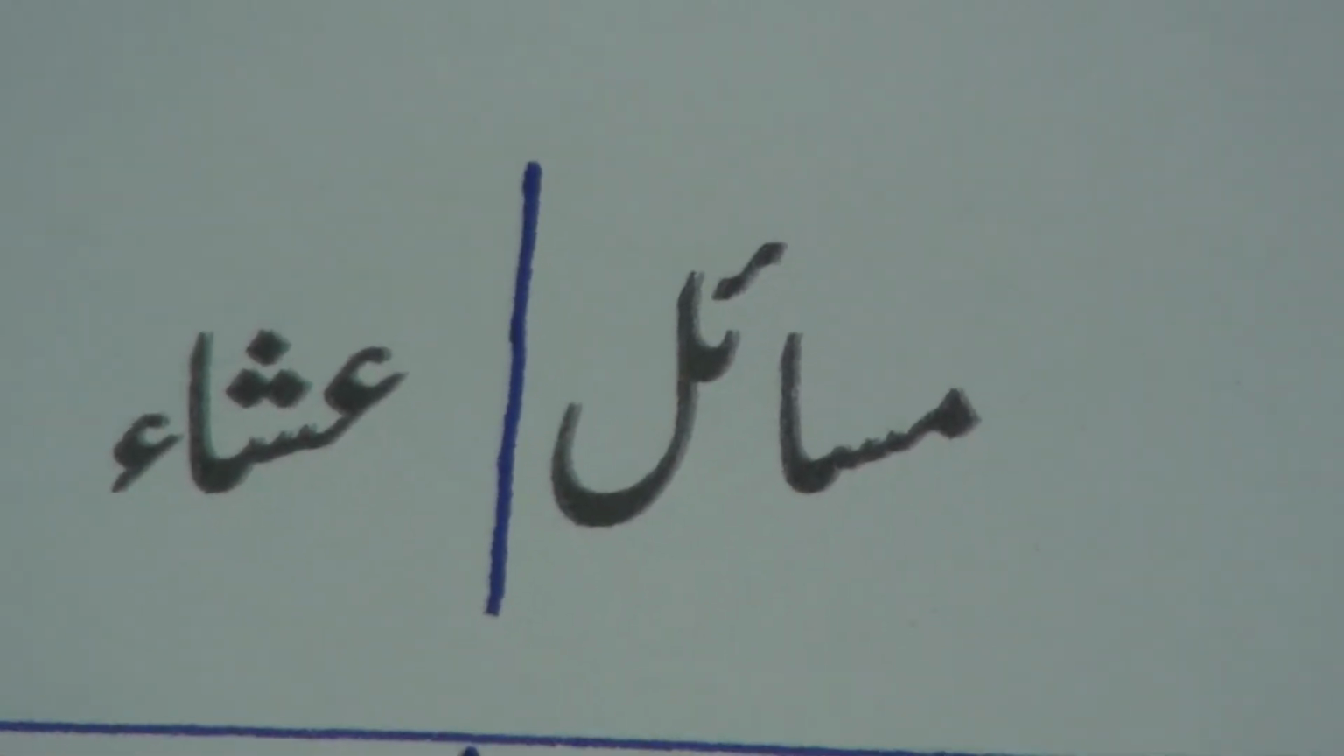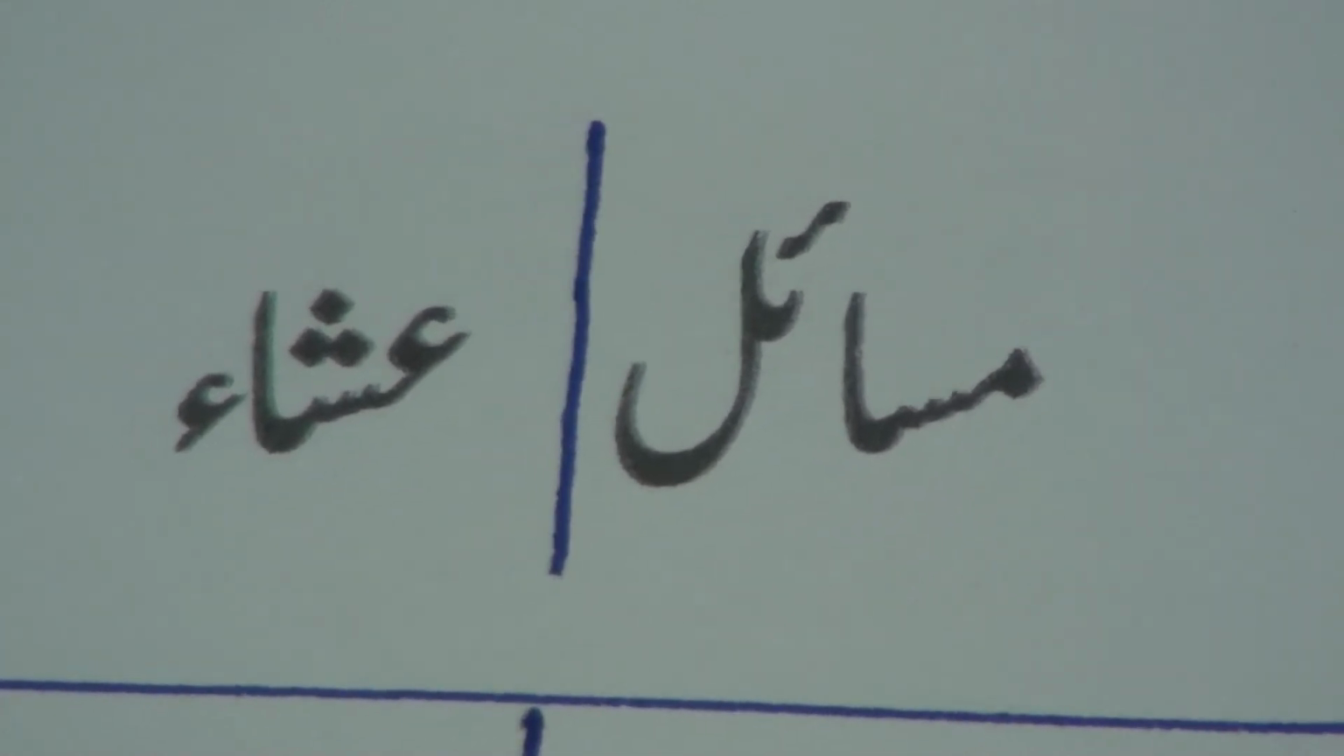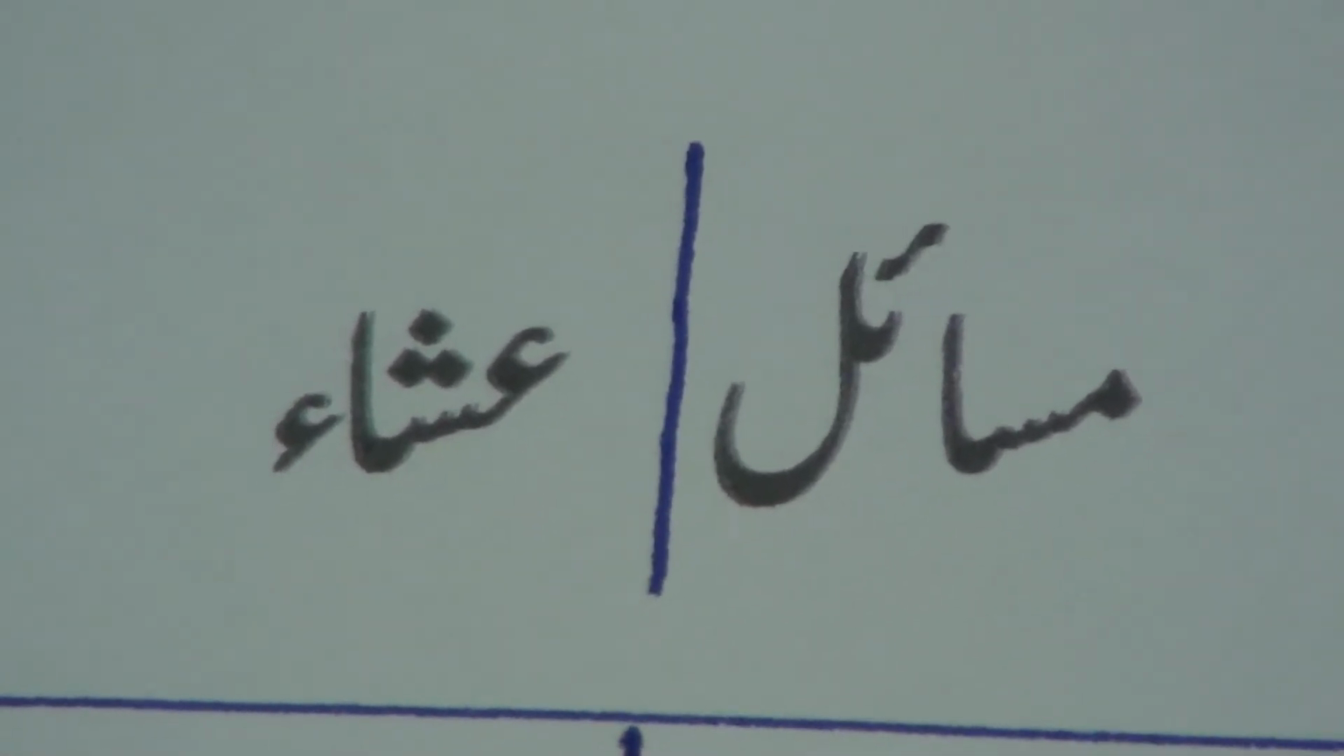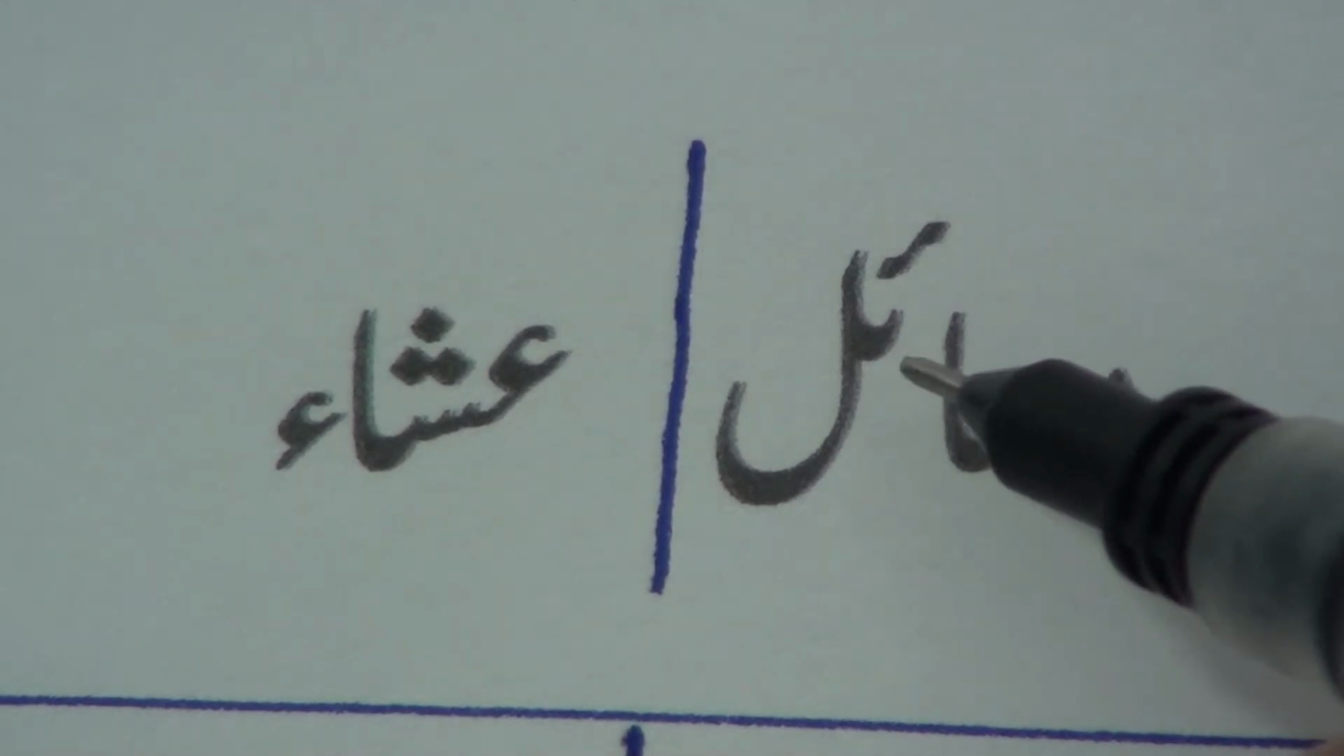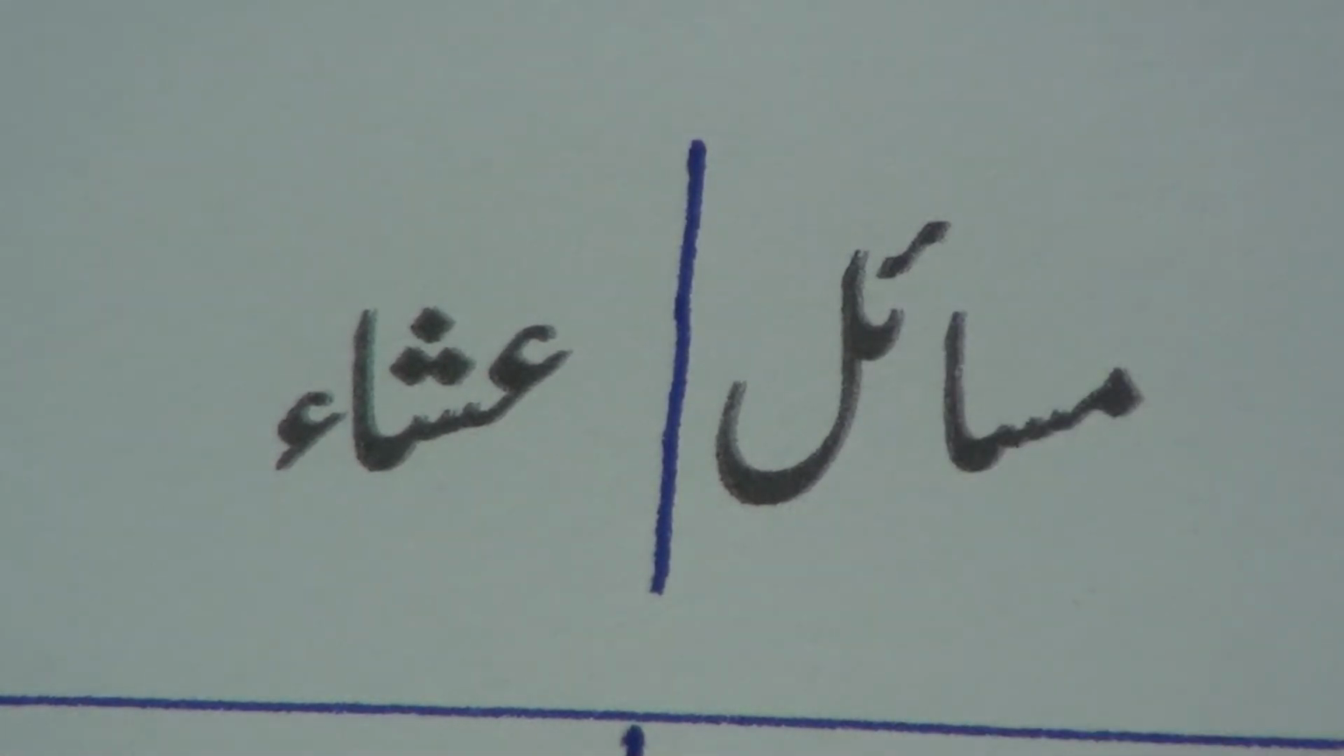Hamza. In Urdu, no word begins with Hamza. It is either in the middle or at the end of a word. Here it is in the middle of a word: Mim, Sin, Alif, Hamza, Lam: Masail. Alif gives the sound of